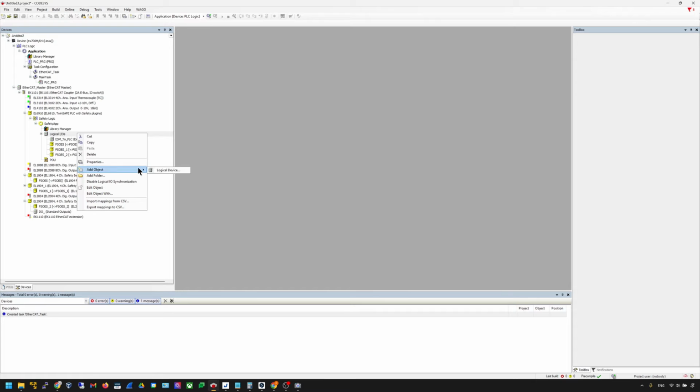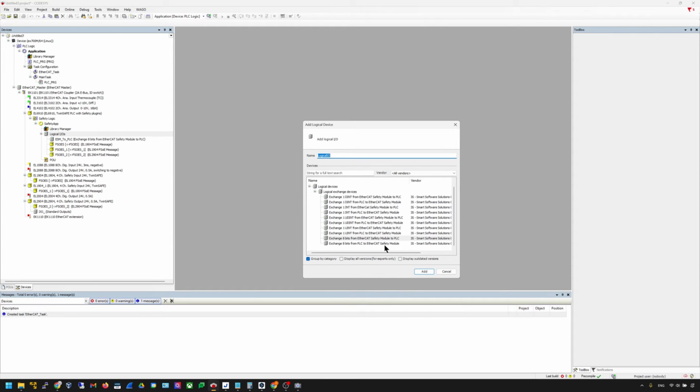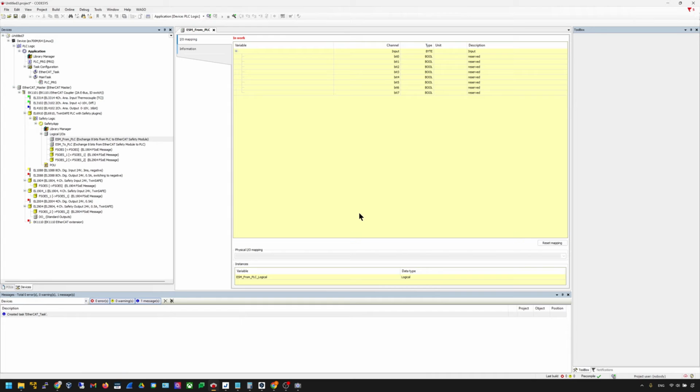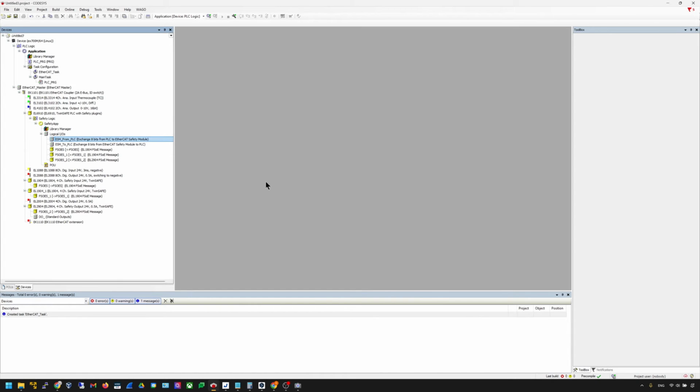I'll add the other one. The other one is exchange 8 bits from PLC to EtherCAT safety module. The meaning is the same: the data goes from your Codesys PLC, in this case my extra panel, to the EL6910. Great, you've added 2 slots. Now we close it. We can go to the point, right click,